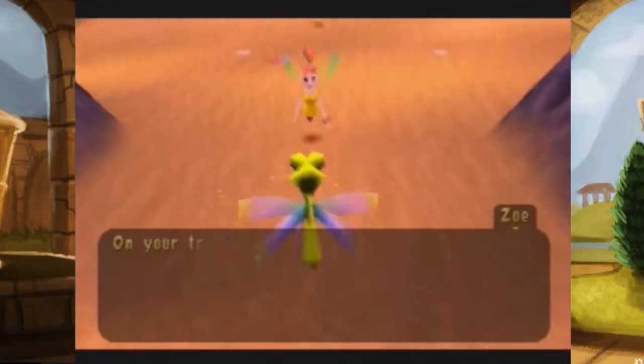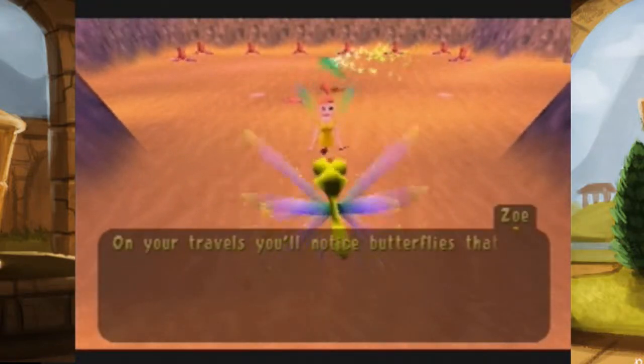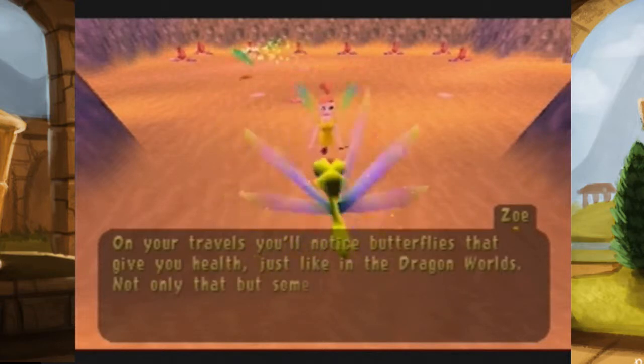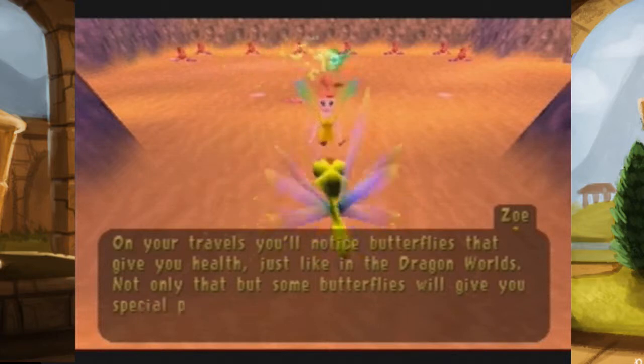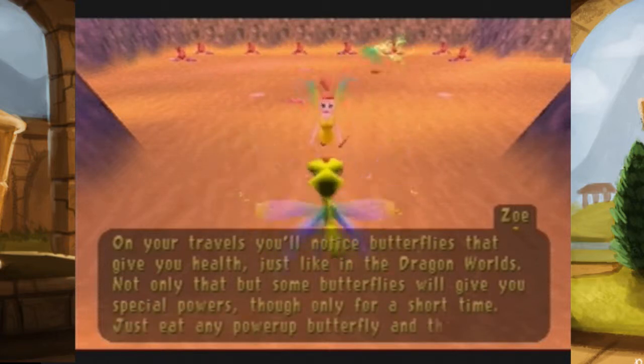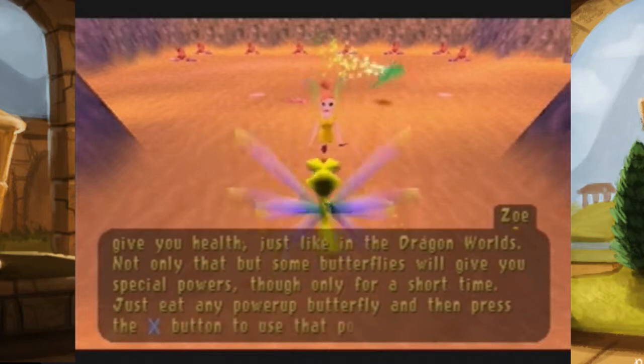On your travels, you'll notice butterflies that give you health, just like in the Dragon Worlds. Not only that, but some butterflies will give you special powers, though only for a short time. Just eat any power-up butterfly, and then press the X button to use that power-up. Your